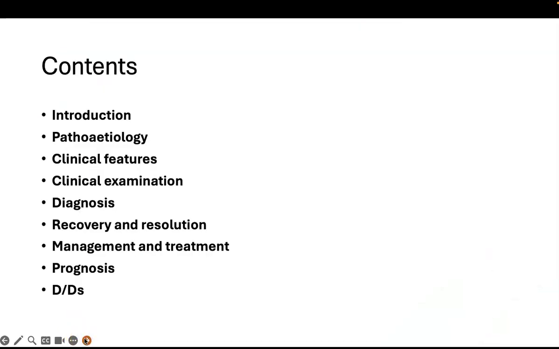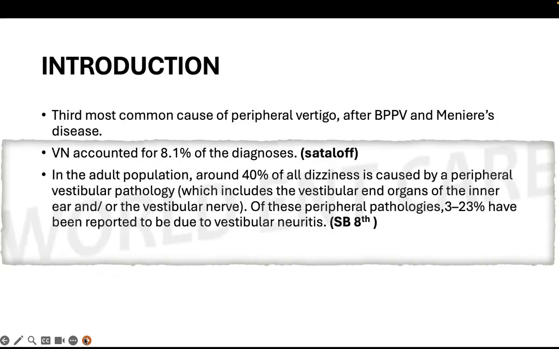So I'll be covering this topic under following headings. First we'll talk about the introduction, then pathoetiology, clinical features, clinical examination, diagnosis, recovery and resolution, management and treatment, then prognosis, and then the differential diagnosis. Okay, so